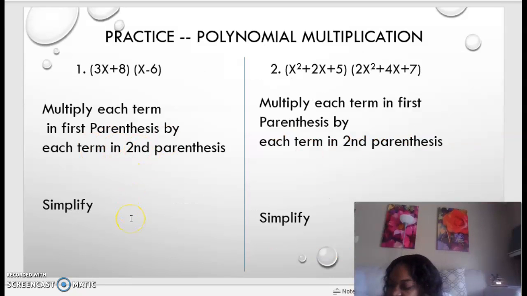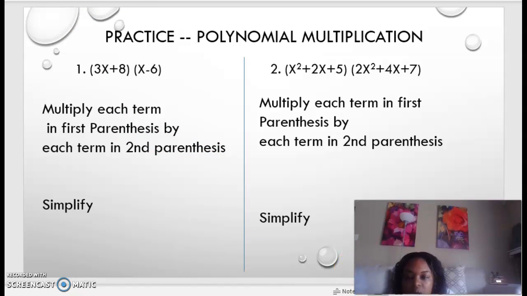Okay. Then I'll give you two more difficult examples here. So our step 1, we want to multiply each term in the first parentheses by each term in the second parentheses. So this looks a little more difficult. I would suggest maybe using some arrows to kind of show